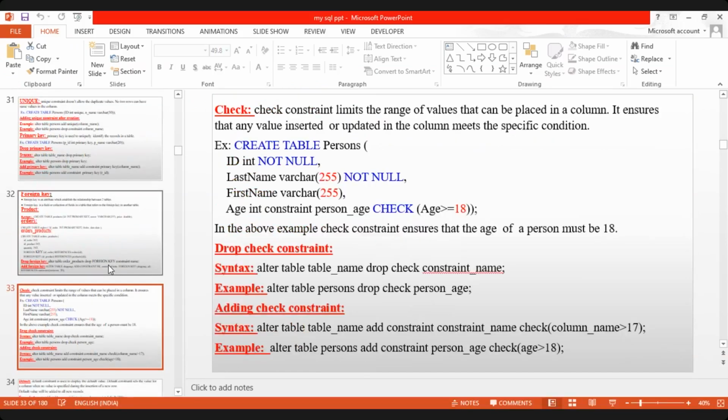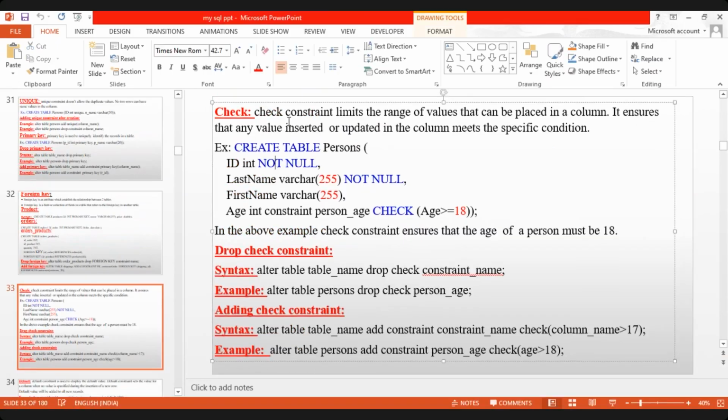So next one, check constraint. Check constraint is used to limit the range of values that can be placed in a column. We can create it as we are creating the unique key. So check constraint is used to limit the range of values. So here I am creating the check constraint,